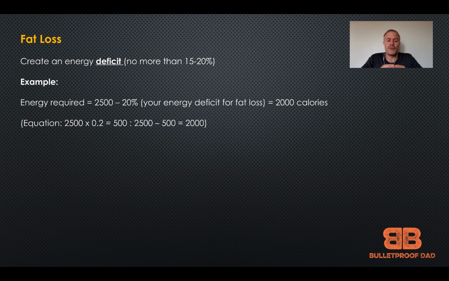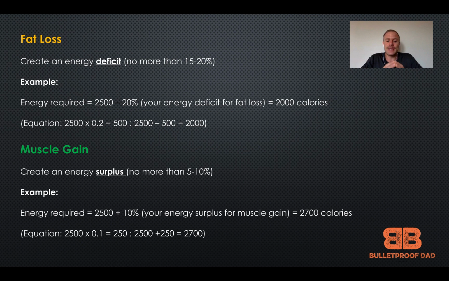Muscle gain. So if you're going to look to create an energy surplus here, because we want to make sure that we're putting surplus into the body so we can build extra onto the body. So if you think of it like that, with this one, we want no more than a 5 to 10% surplus. So again, coming back to this 2,500 calorie example, plus that extra 10% to create that surplus for muscle gain, you'd be looking at around about 2,700 calories a day in order for the muscle gain.